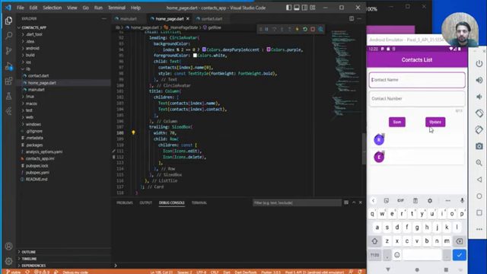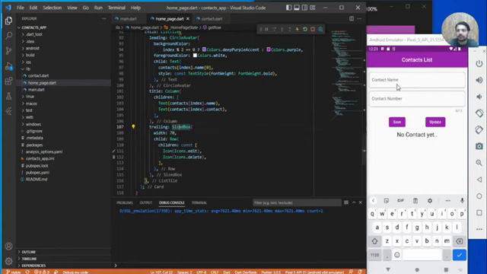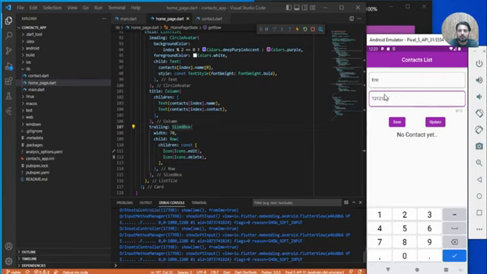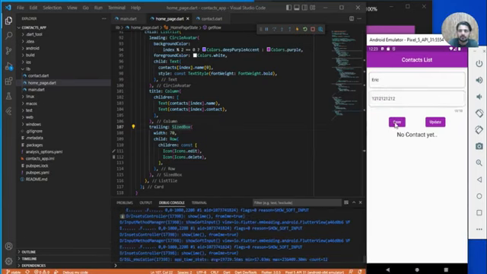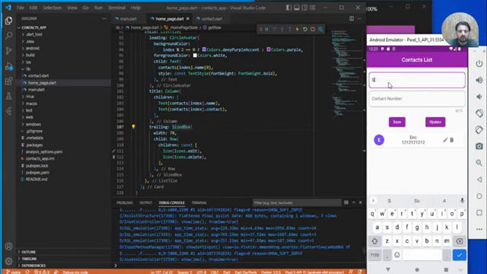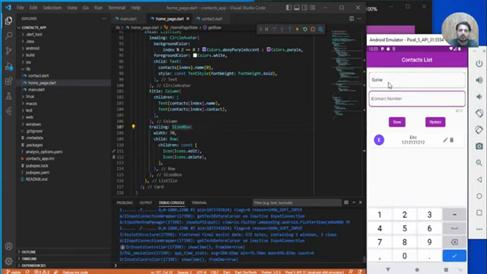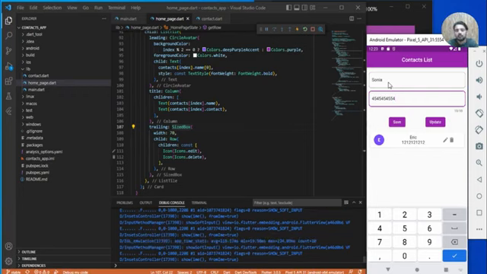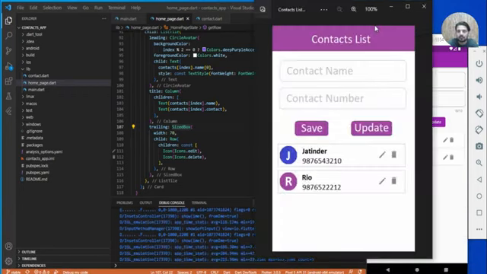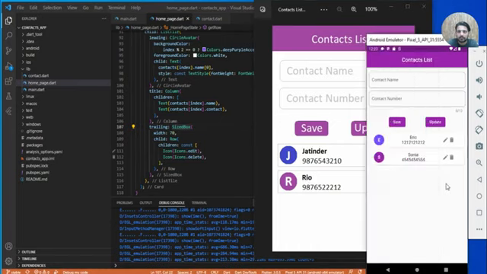Okay, so we got this trailing here. Oops. So we have restarted. Let's do it again, Eric, and give it some mobile number. Save it. Second is, let's say Sonia, and give it some number and save it. Now it is working as per expected, but we have little modification, like the name should be